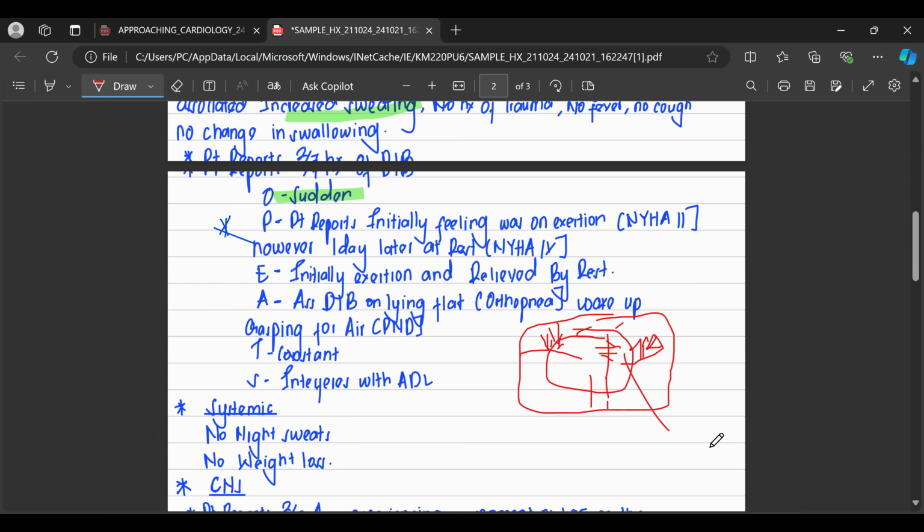In shortness of breath, there is increased work of breathing. Respiration is passive until there's restriction or obstruction. In restriction or obstruction, the patient starts breathing funnily. There are things like Kussmaul's breathing and use of accessory intercostal muscles, which occur in respiratory disease. But here it is difficulty in breathing. So note that I've used difficulty in breathing. In presenting a cardiac history, use difficulty in breathing. On exertion, initially, suggestive of...